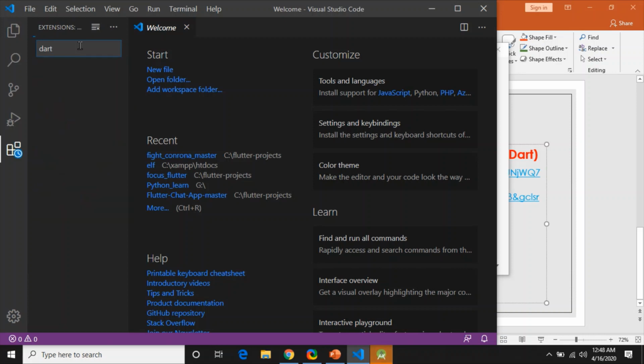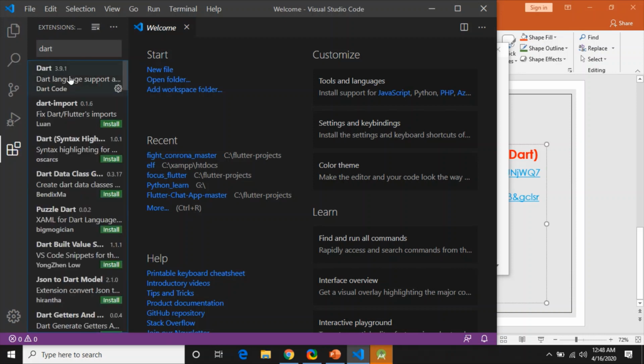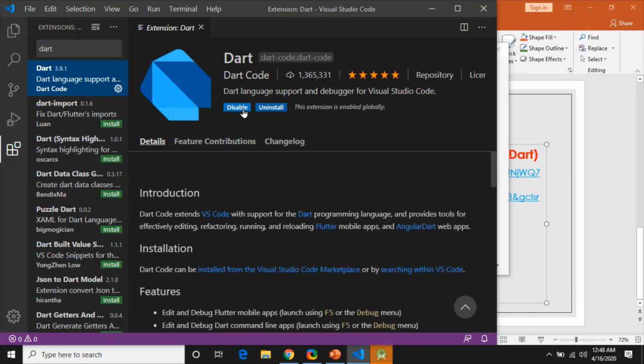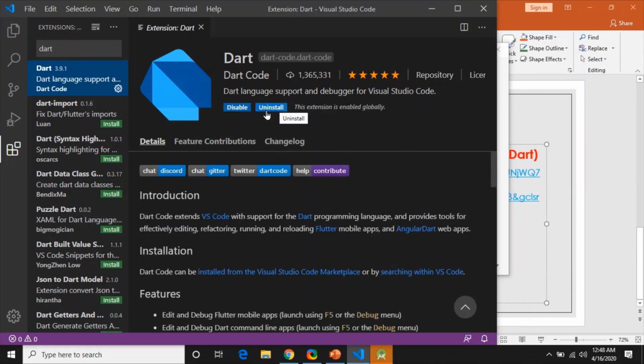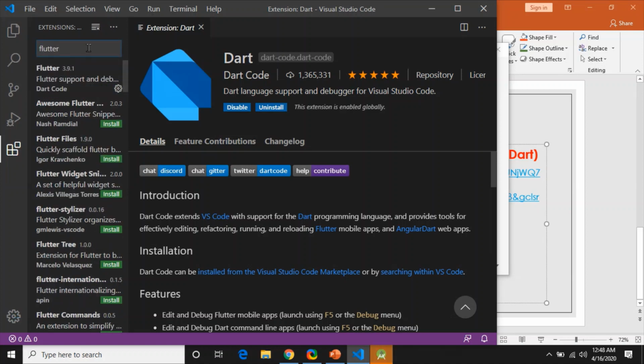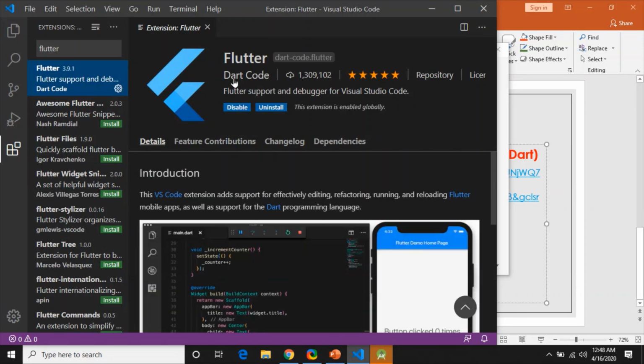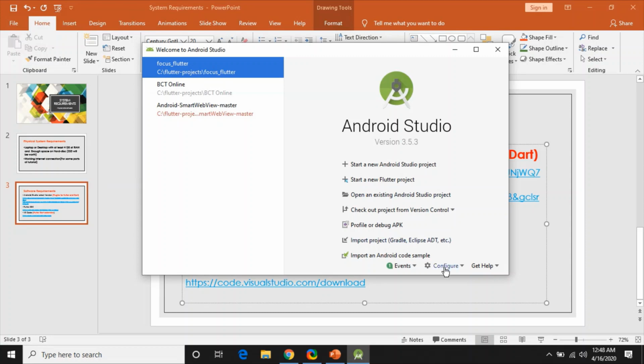I have already installed it, so I do not need to install it, but you must install it for Dart as well as Flutter. Flutter support, yeah, this is also installed. So you have to install these two extensions for Flutter and Dart in VS Code, and you have to install these plugins into Android Studio. So with that, we are done with everything.